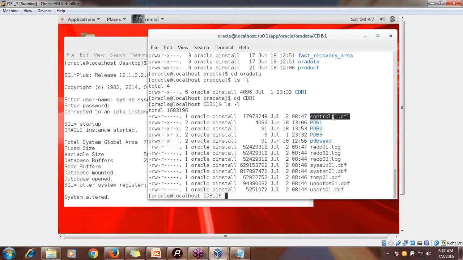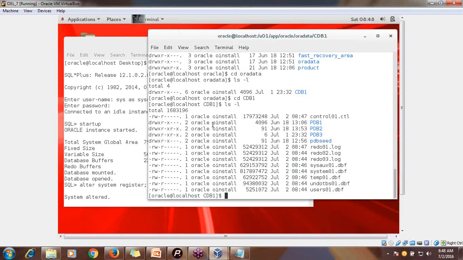Another control file is available in the flash recovery area, which is the same as Oracle 11g. Then three redo log files, 1, 2 and 3, sysaux01, system01, the temporary tablespace, the undo tablespace, and users01.dbf. These come by default whenever you create a CDB.